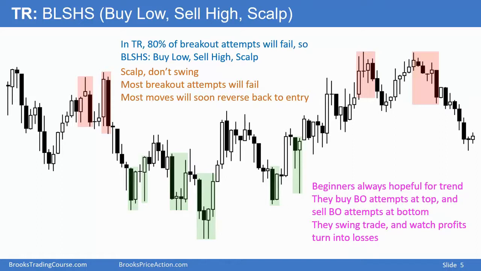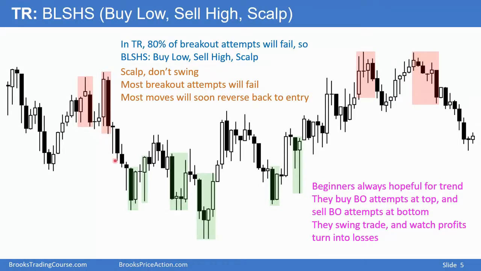Beginners are naturally hopeful that a strong move near the bottom will result in a bear trend, a strong rally at the top will result in a bull trend, and they end up buying high. They see strong bars near the top. Here we have 5 bars without a bear body, and they think that because we've broken above all the bars to the left, this is the start of a bull trend. And here, they now see 7 consecutive bull bars, and they think, wow, this is really gaining strength. It's going to become a bull trend, and they end up buying at the top.